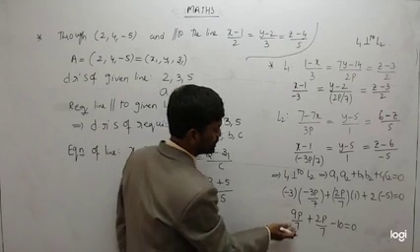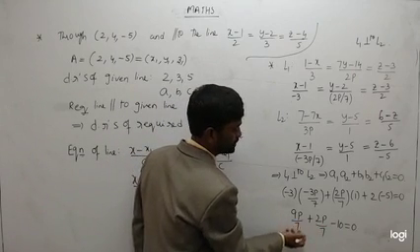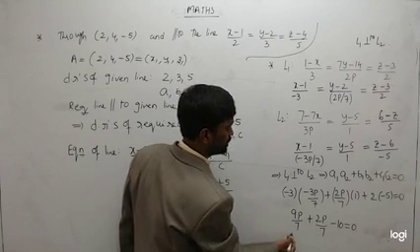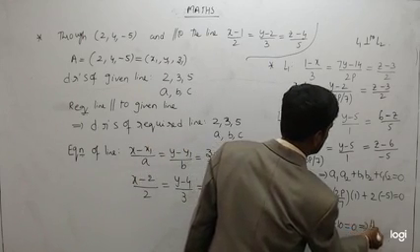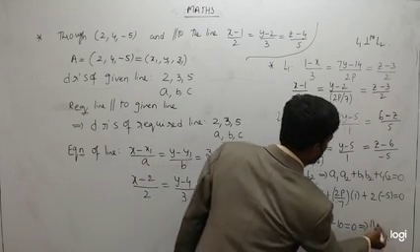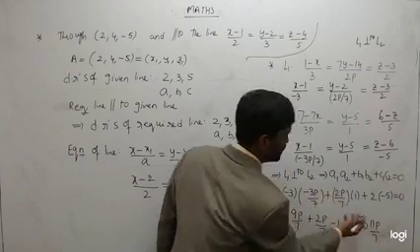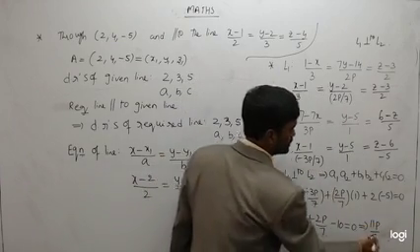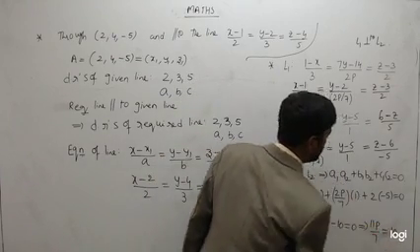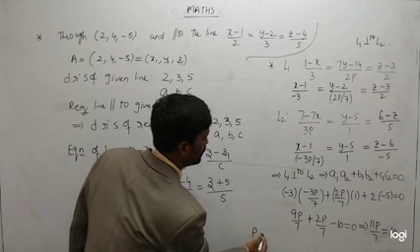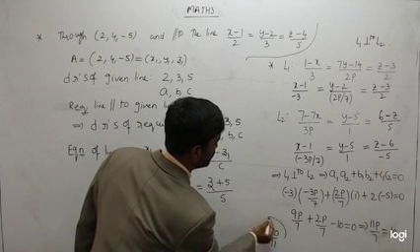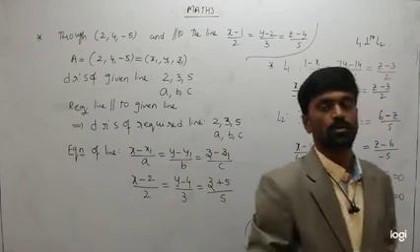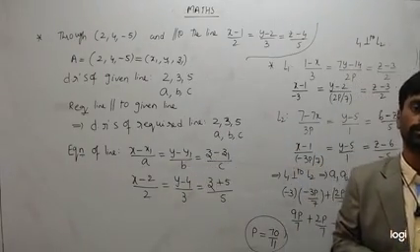So 9p by 7 plus 2p by 7. Anyway, 7 is the same denominator, no? So what will you get? It is 11p by 7. 9p by 7 plus 2p by 7 is 11p by 7. Minus 10, if we transfer to the right side, it is equal to what? 10. So from that, the p value, what will you get? Cross multiply: 11p by 7 equals 10, then what will you get? 70 by 11. So this is the value of p.